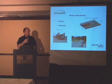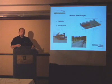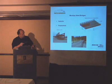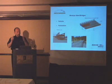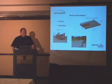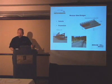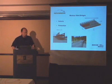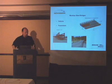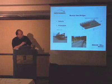But from the standpoint of our ability to support the market, our typical default for vehicle bridges is a modular approach, and we provide those as beam bridges, rolled beam or, in the case of the longer spans, usually over 100 feet, from 100 up to 200 feet in clear span, a welded plate girder. So the modular